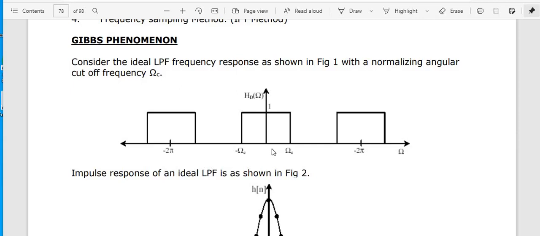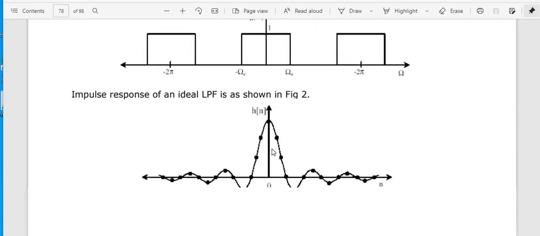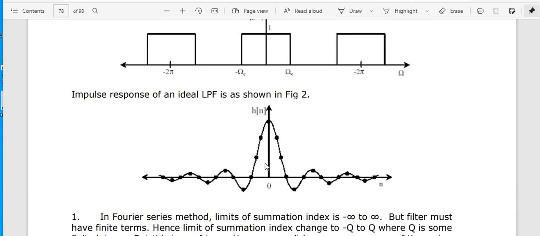If I want to write the same one by using the impulse response for this ideal low pass filter, I can represent it in this way. This is my major lobe. These are called side lobes. So in the major lobe, my information is there, no? Basically, what is a low pass filter? We know that a low pass filter allows the lower frequency components and attenuates the higher frequency components. Clear? So that's what I am saying.